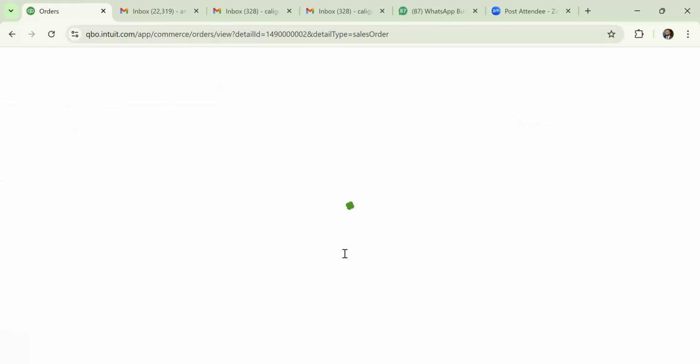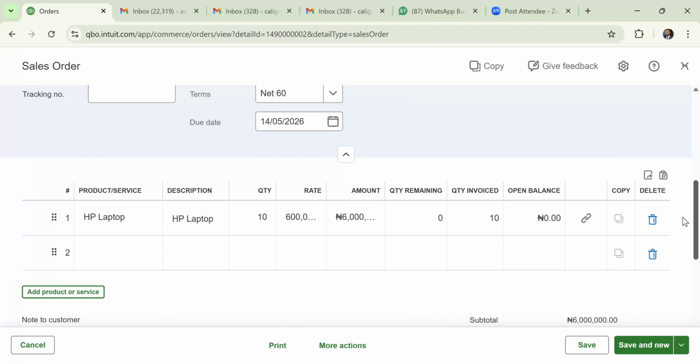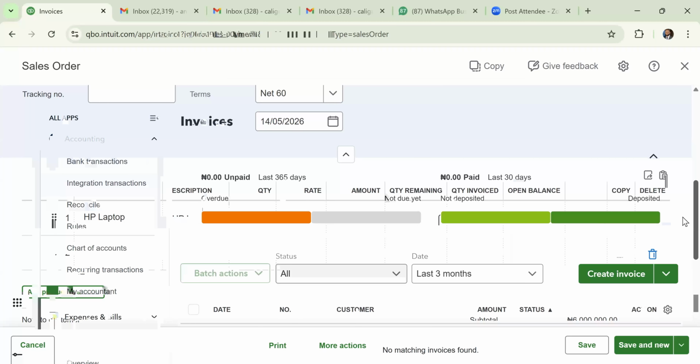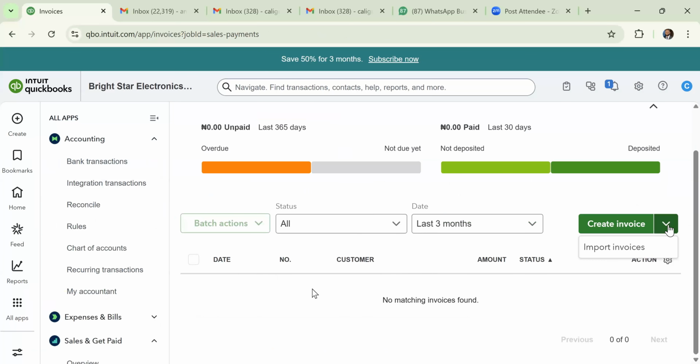So it is now showing that it's a sales order. Let me go to invoices, customers, okay, sales and get paid, invoices. Since we've converted the sales order into an invoice,